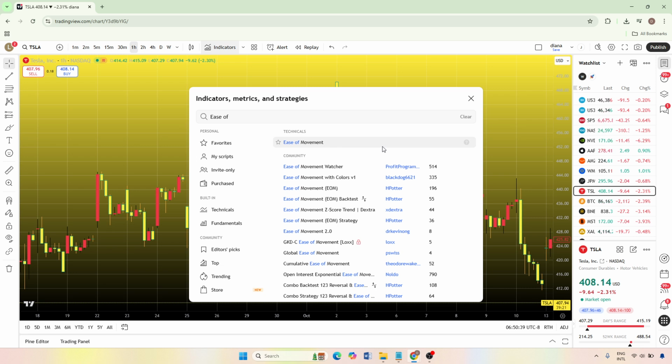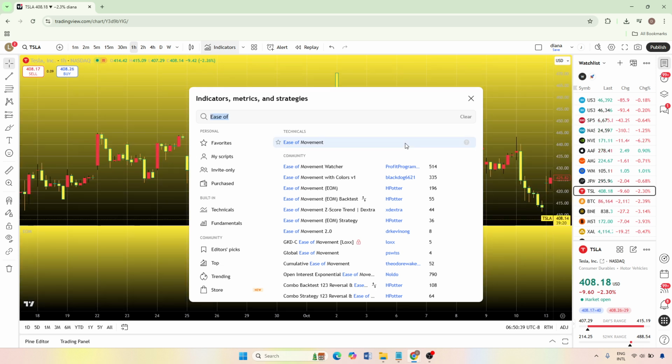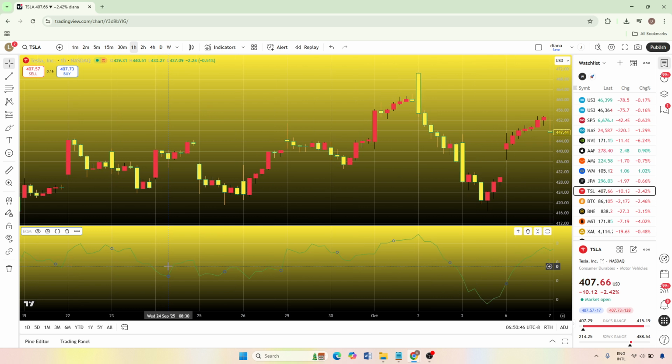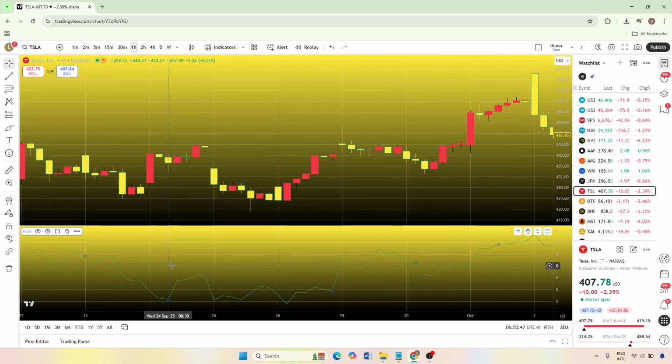This is a volume-based indicator that helps you understand how easily price is moving up or down relative to volume. It can be helpful for spotting when price is moving strongly with relatively little effort, or when moves might not be supported by volume. To add it to your chart, simply click on the ease of movement indicator from the